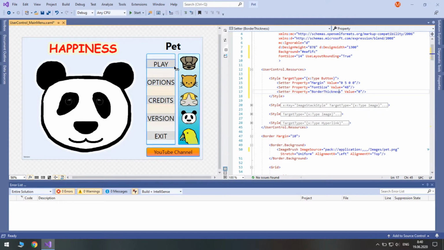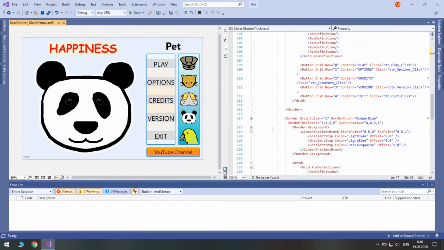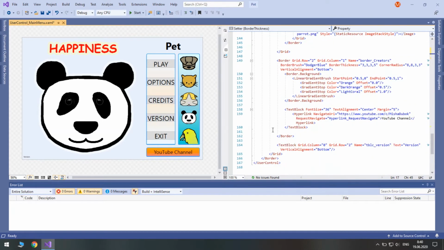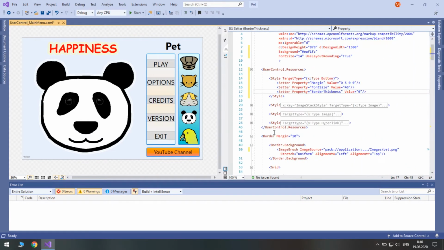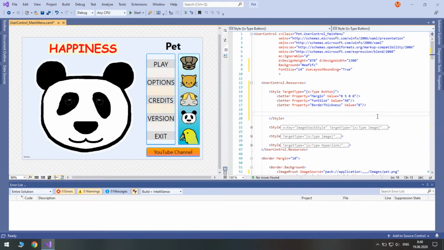Currently, none of our changes show because we are overriding the style somewhere below. Well, also I want to make them square, and at the same time they should be rounded. So it's a bit tricky because we need to change the border, but the border is part of the button.